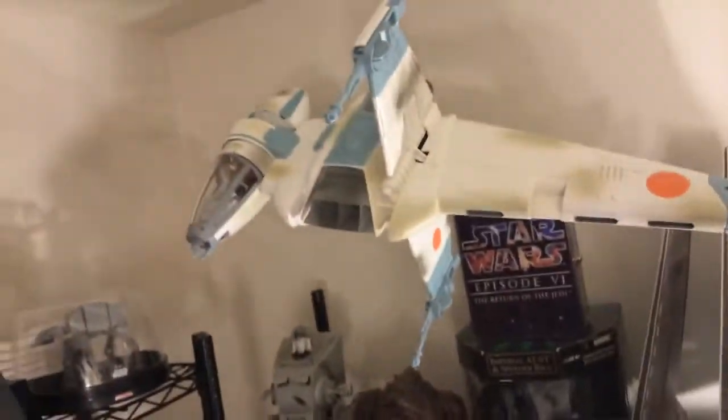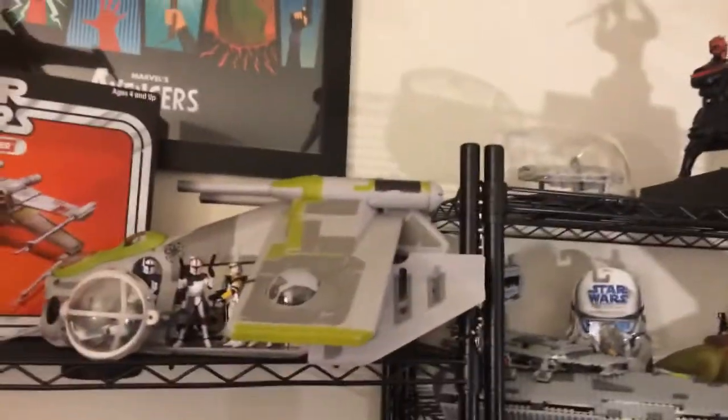And the B-Wing over here. So I'm very happy with how that turned out. And I can't recommend enough